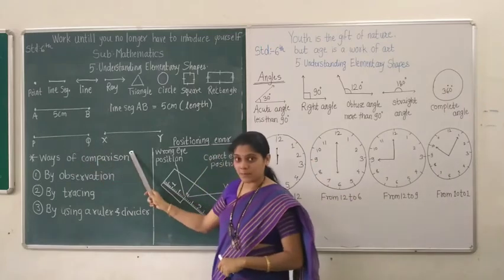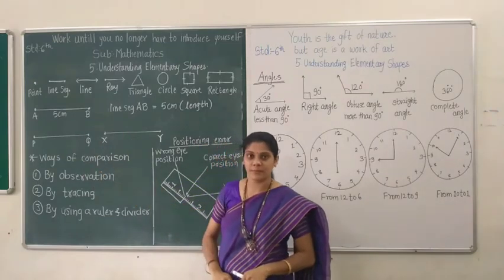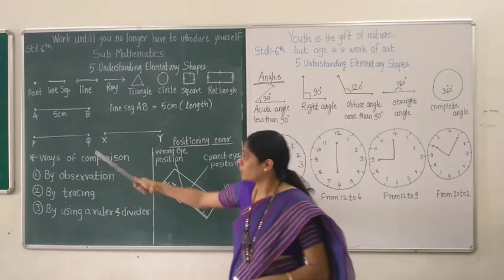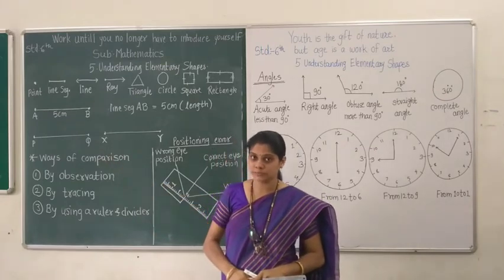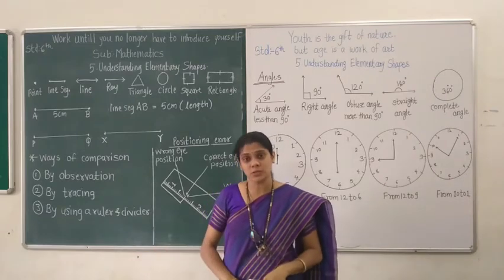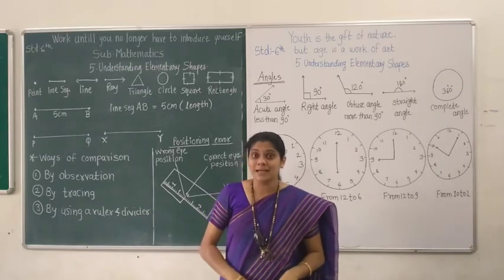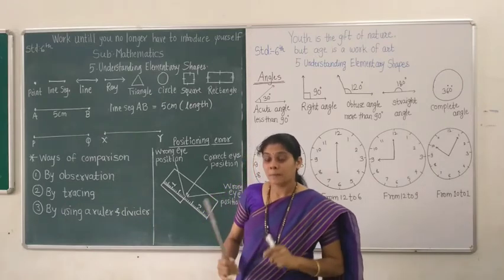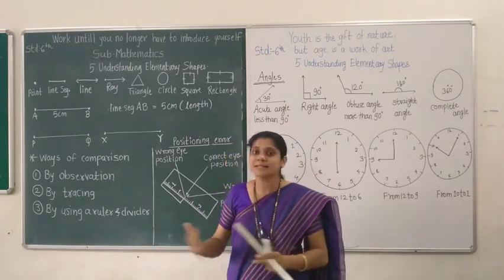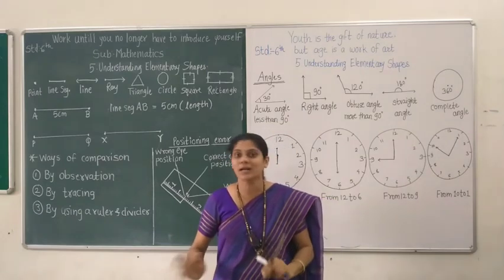Now you can see this. There are two segments, line segment PQ and line segment XY. Now there is one question. You have to tell me whether both are the same or not. Some students will say yes, both are the same. Some students will say no, it doesn't look like it. But we can say that yes, it is the same. But there are many ways to compare this length. So now we will study how many ways there are to compare different types of shapes.